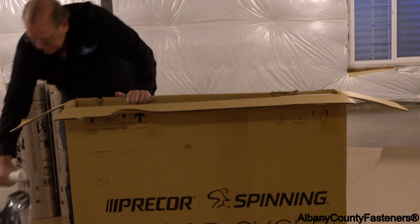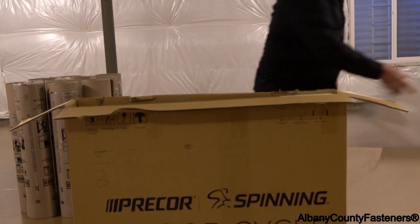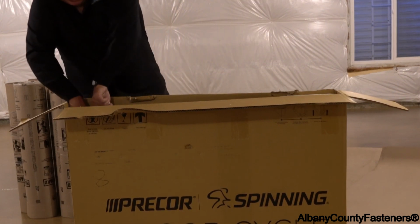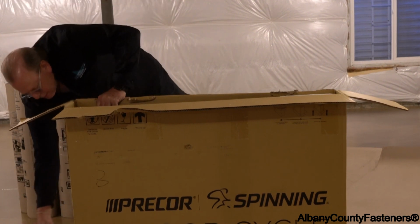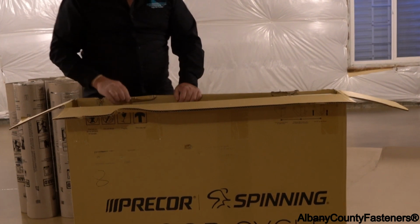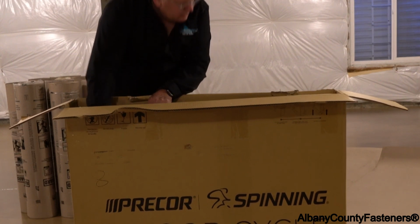Handlebars. Boy, this is packaged very nicely. This is my seat. Right now I'm just going to unpack and after I unpack it, you'll see